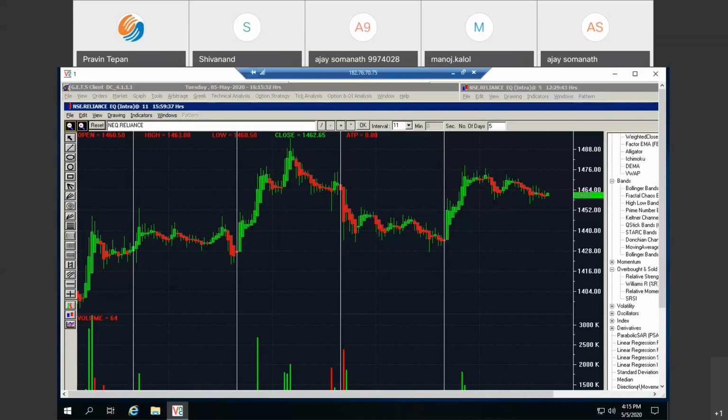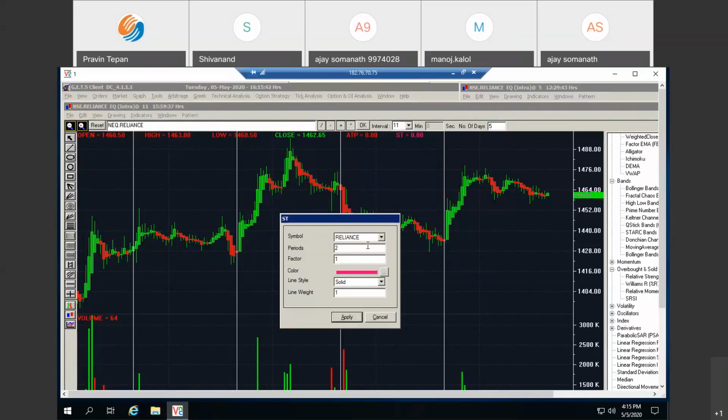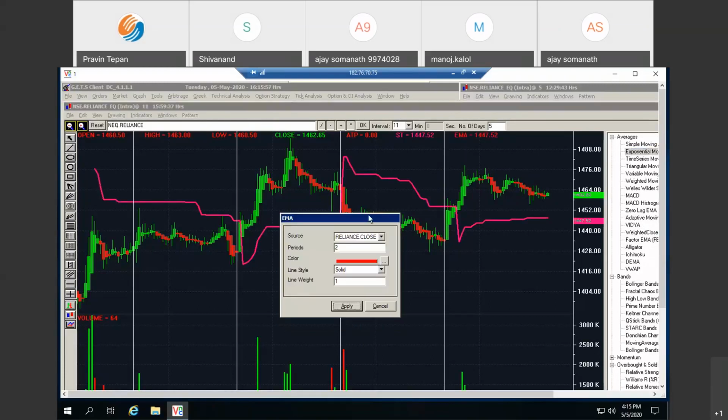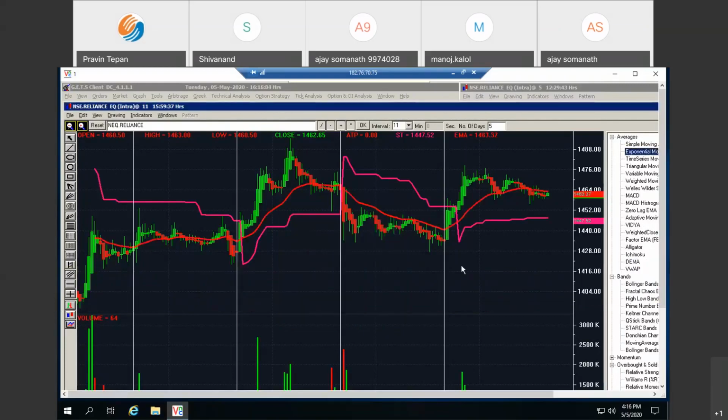So like this, we have classified according to our own convenience: indexes and oscillators. You just have to click on any indicator. Let's suppose you have selected Super Trend. You just have to click and drag on the graph. There are some parameters, like 21 is our period for Super Trend and 3 is the factor. So this is Super Trend on the graph. In the same way, if I select EMA and drag and drop on the graph, with any random period like 21, it is placed on the graph.